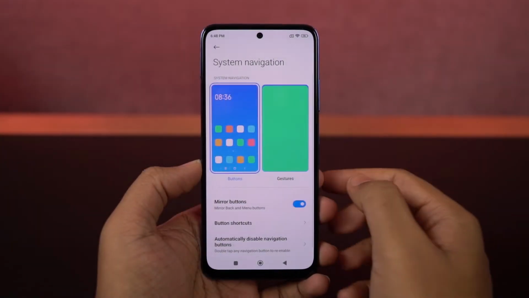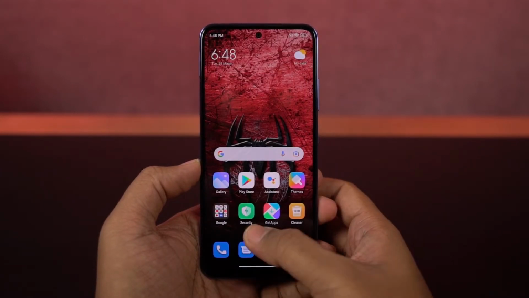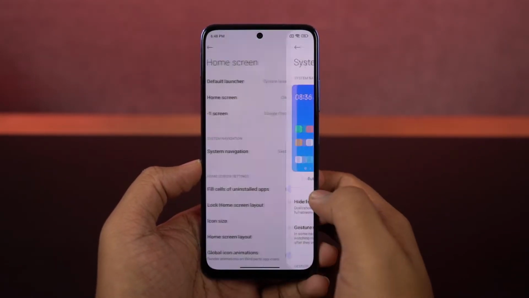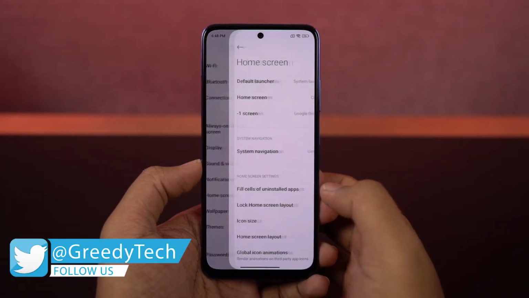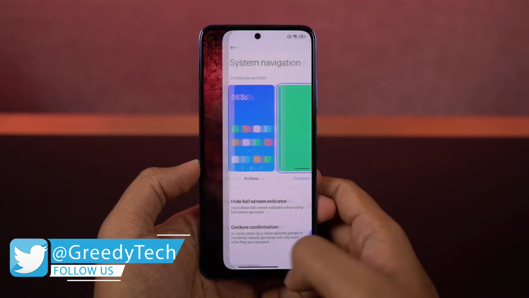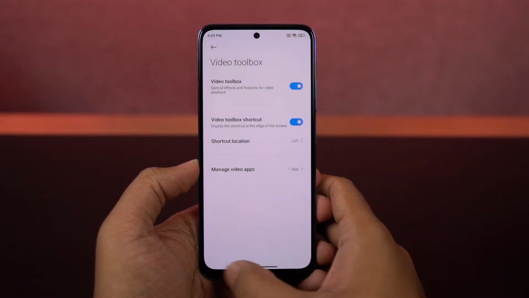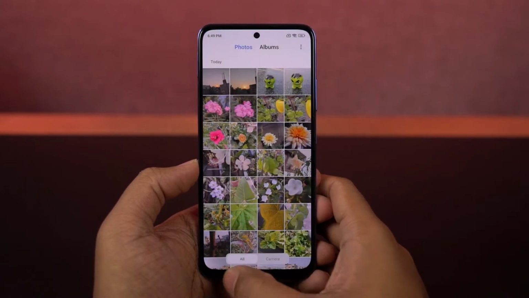With that said, first I'll start off with the navigation gestures. Now you can enable the full screen gestures from these settings, and once you enable it, you can swipe from the bottom of the screen to go home, swipe and hold for recent tabs. You can swipe from the left side or the right side to go back a step. For Google Assistant, you can swipe from the bottom left corner or the bottom right corner. And just like on iOS, you can just swipe left or right on the bottom bar to quickly switch between